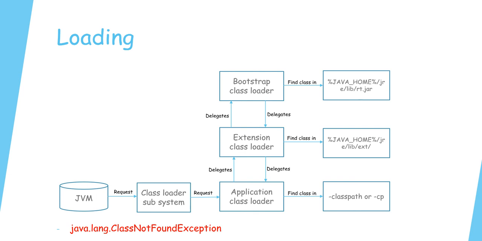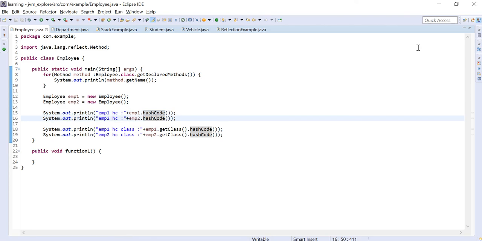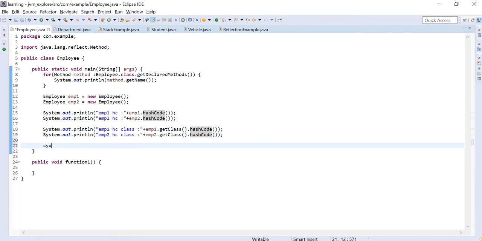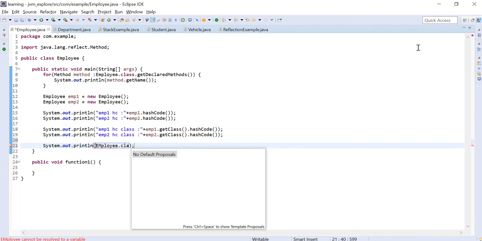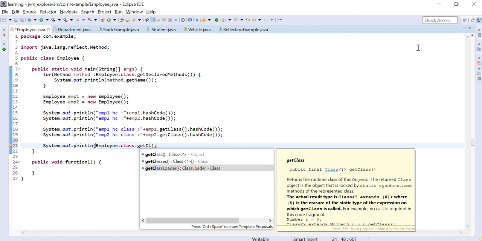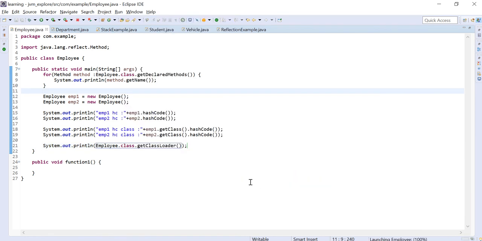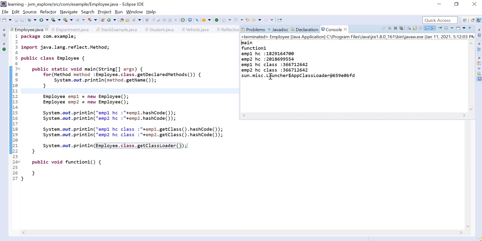If we go back to our example and try doing something like this, yeah, as you can see, this class is present in our application, and that is why it is loaded by your application class loader.